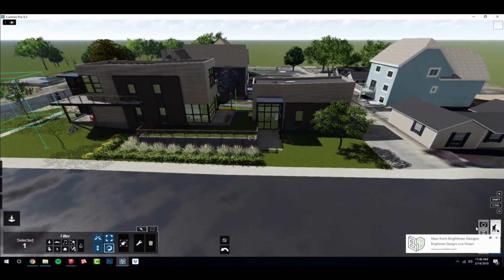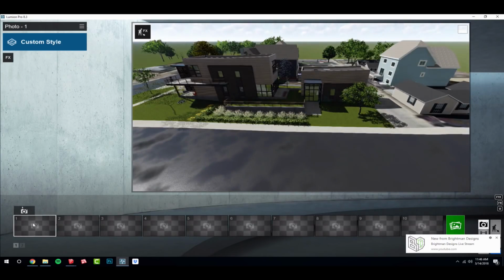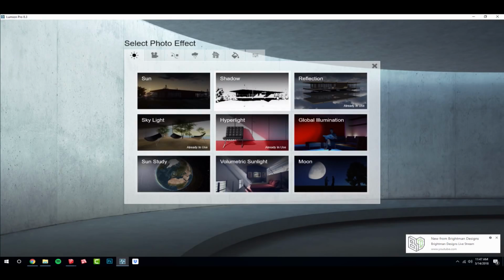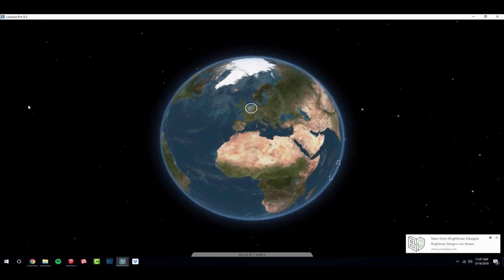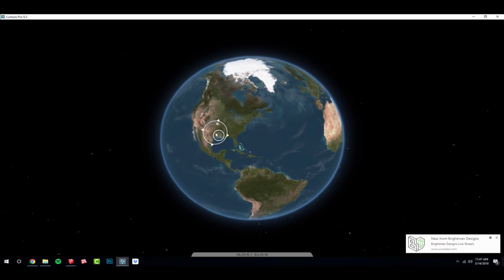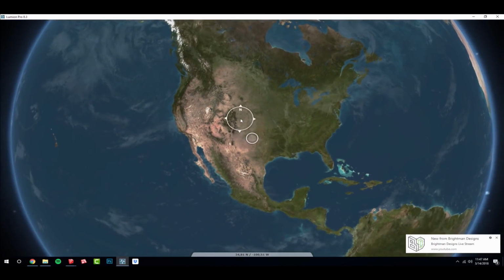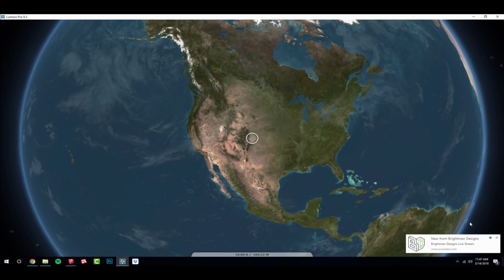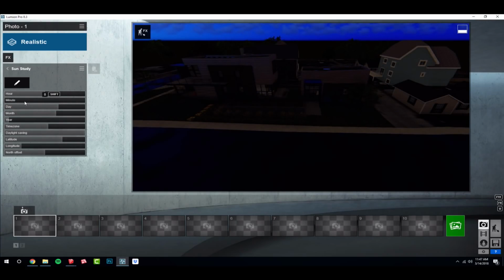So if I go over here into our photo studio, we'll just do realistic, and then I'm going to add another effect, and that's going to be our sun study effect. When I add the sun study, I need to hit edit, and then I just click to add a point. Denver's kind of right there, is my guess. And I'll say okay. And so then I can go to our